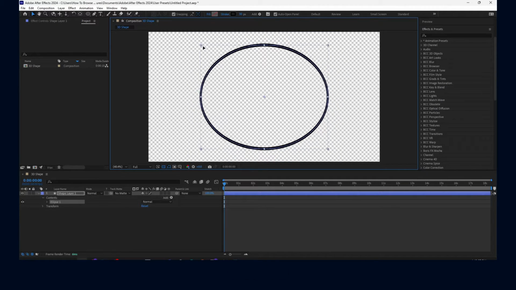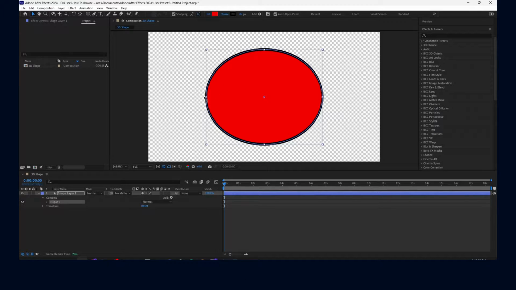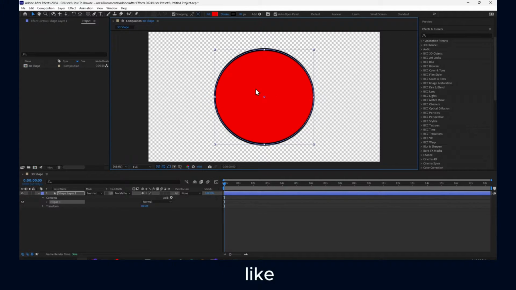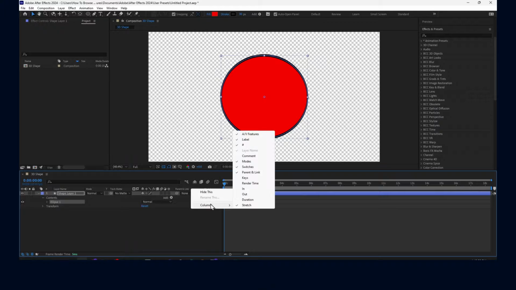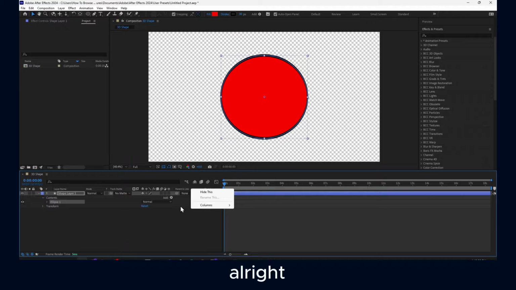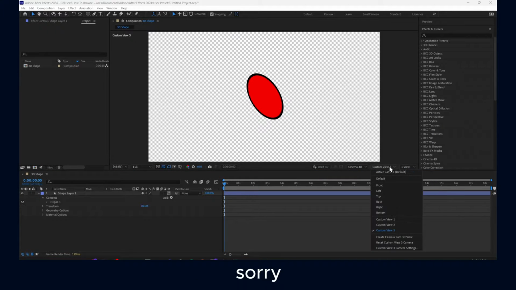You can of course resize this. I can add some fill as well, like this. Now what I have to do is to right click here, columns, and make sure you have enable switchers. Alright, and now just click on this icon here, and now automatically I'll see this 3D, but you probably won't see this. So what you have to do is to go to view here, sorry, not here, custom view 3,